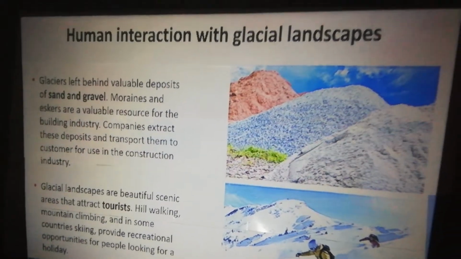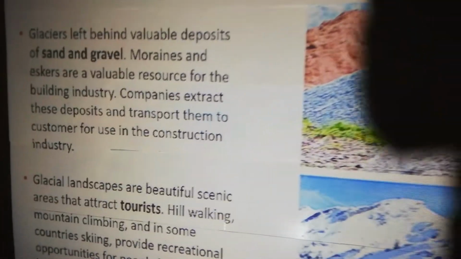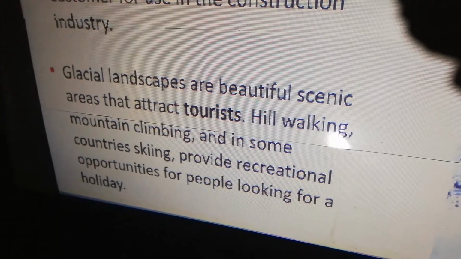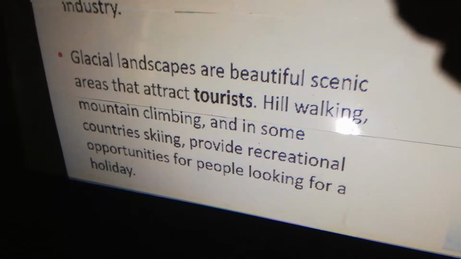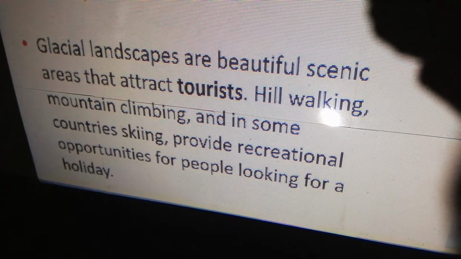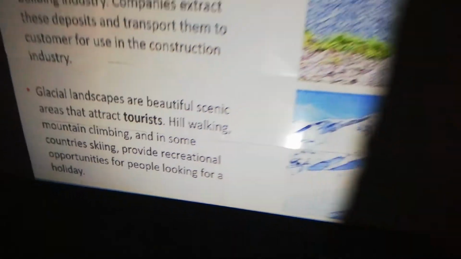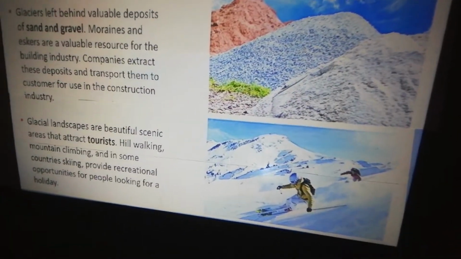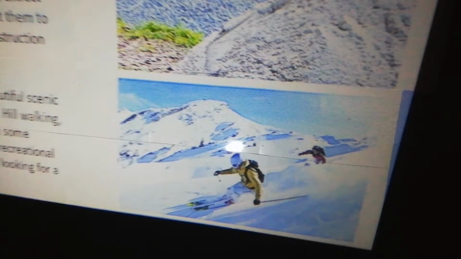Now, our fourth benefit of glacial landscapes. Glacial landscapes are beautiful scenic areas that attract tourists. Hill walking, mountain climbing, and in some countries skiing provide recreational opportunities for people looking for a holiday. So similar to our glaciers leaving behind trees in a valley, a glacier can literally build mountains,